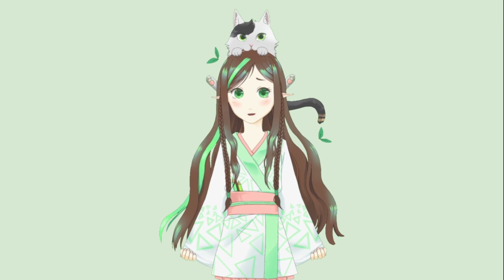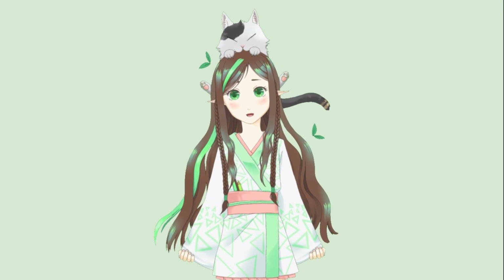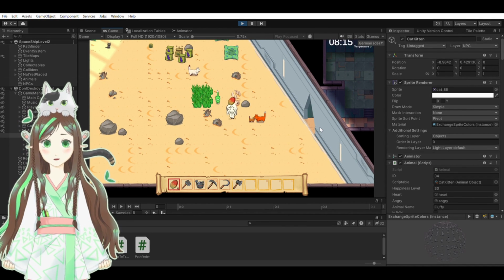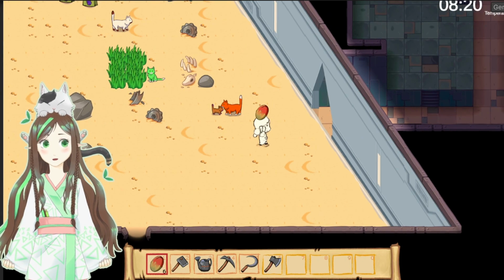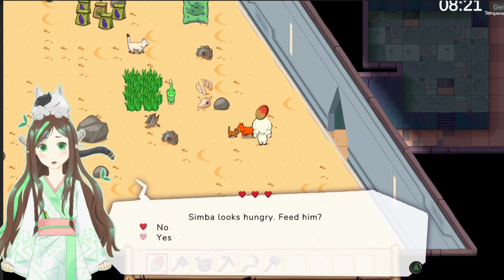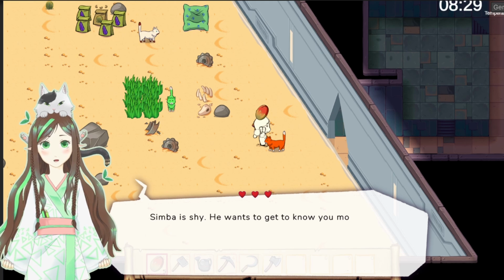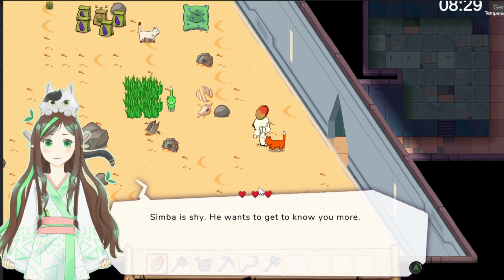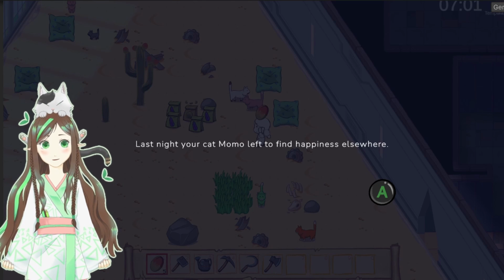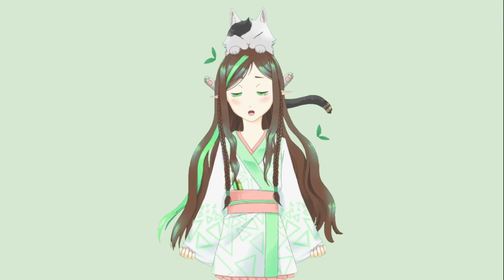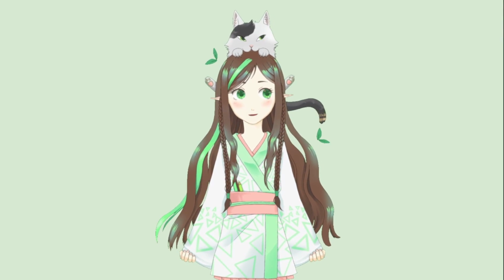Alright, the second mechanic I wanted was a system to befriend animals, so that they slowly like you more. For that, I use internal happiness points that you can gain and lose. Petting a cat and feeding it every day gains you points. Ignoring it loses you happiness points. These points are visible through 10 different heart levels and different dialogue for each level. If a pet reaches the bottom of unhappiness, it will leave the starship to find happiness elsewhere. And since this is a cozy game, no animals ever die. Like, no.